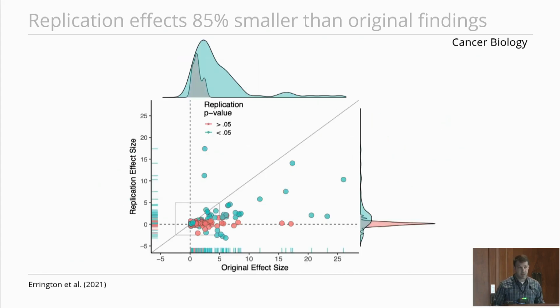We found similar results in the reproducibility project in cancer biology. Except for here, we actually saw that the average effect size was 85% smaller than the original. So to put that in perspective, this would be like an original finding found a potential therapy that increased the average tumor-free survival in mice for 20 days. That's pretty typical. But in the replication, it was 3 days. So this has a huge impact in terms of the confidence someone's going to have as we're pushing this down that drug discovery pipeline.